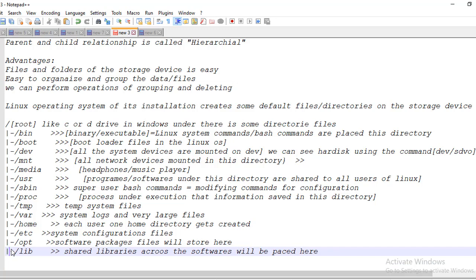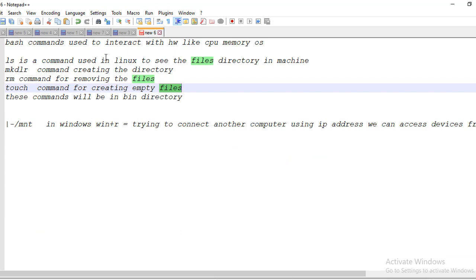Coming to lib, shared libraries across the software will be placed here. If you are sharing an application, for example transferring or deleting it, these library files shared across applications will be placed here. So next